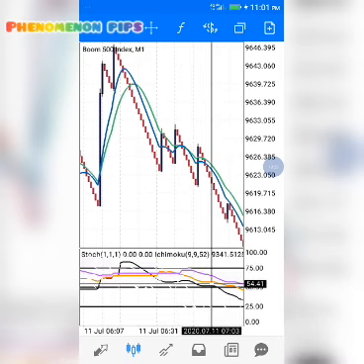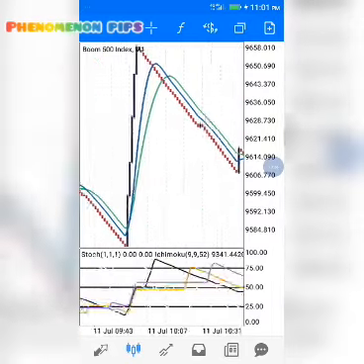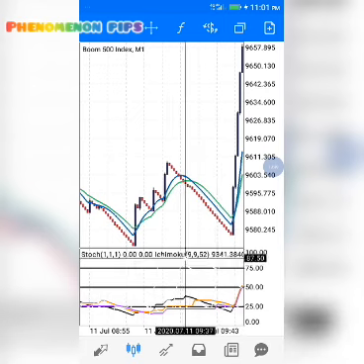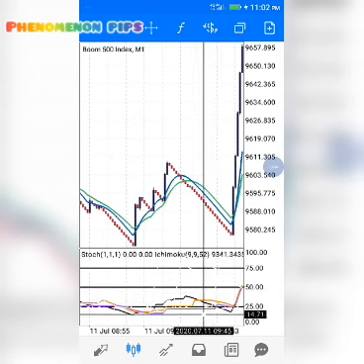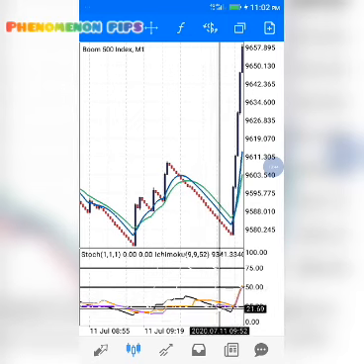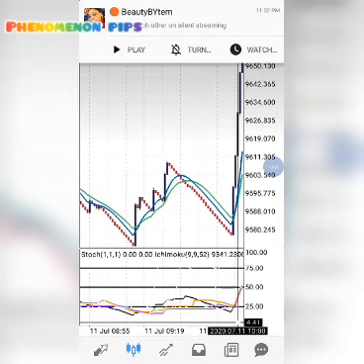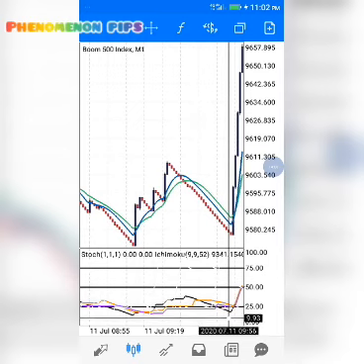I swear to God, practice on a demo account. It works very well. And if you want to catch spikes, you can also use it to catch spikes. How? This is how. The same way you use it to take a sell, you use it to catch a spike. When the market approaches the 25 level, that means the market is oversold, so you are going to expect a spike. From this 25 level, take your buy, because the spike will happen.